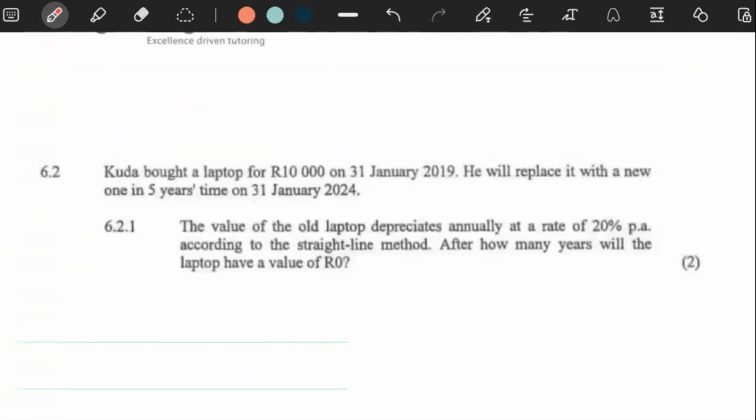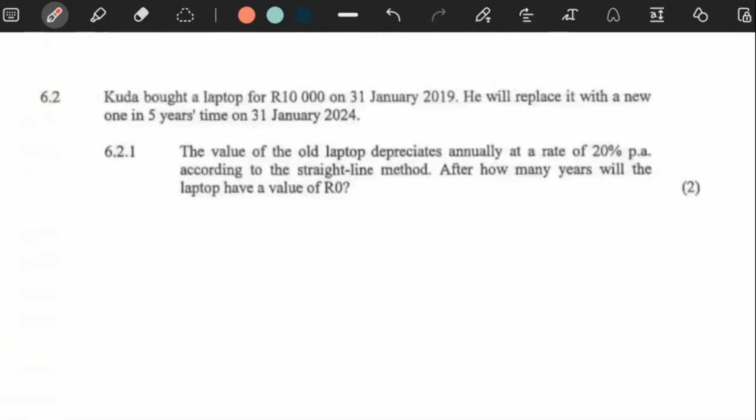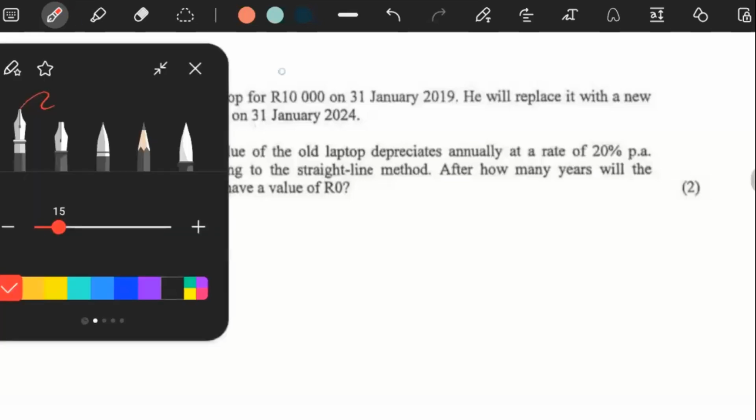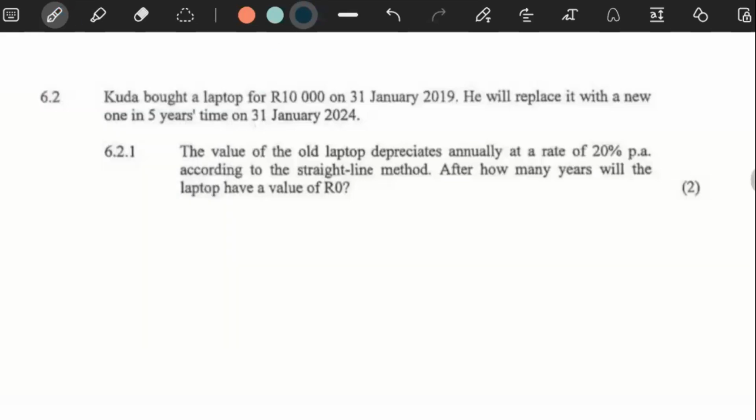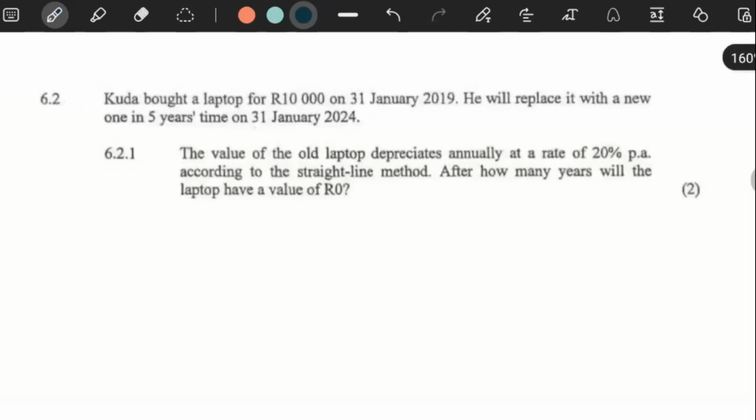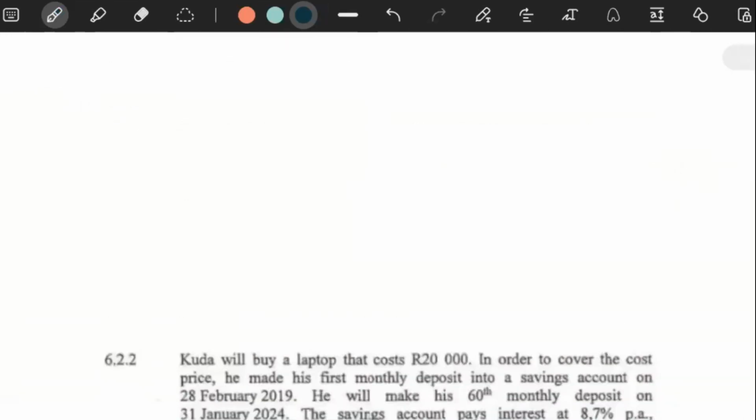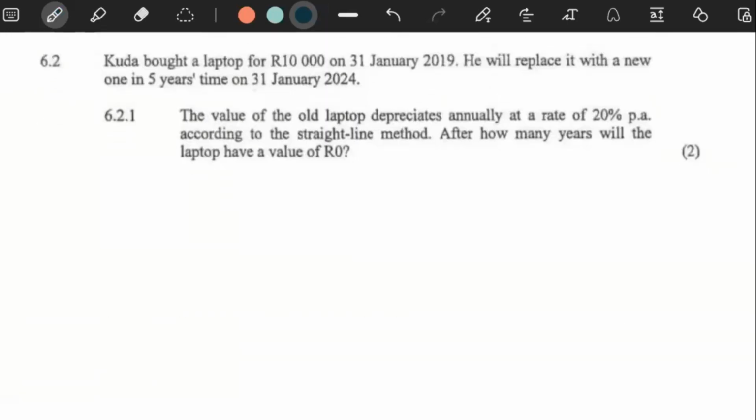Moving on. This question, as I said, is very familiar. I've probably gone through a question like this, or this exact same question, quite a few times. These are some of the benefits of going through past papers, because it's very difficult to always come up with something brand new. So from time to time, questions are recycled. It says here Kuda